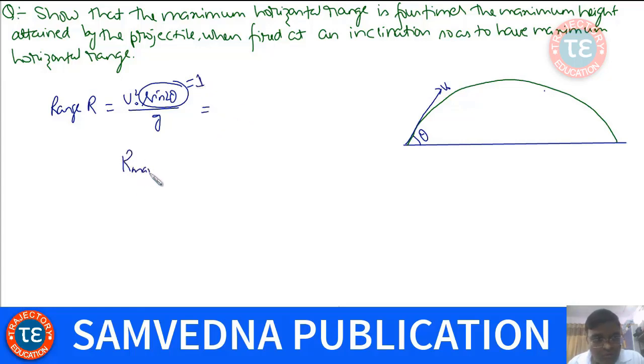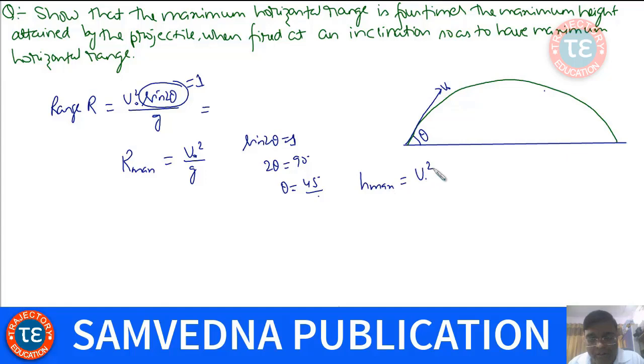So R max is V0 square by g, and it takes place when sine 2 theta is 1, or 2 theta is 90 degree, or the angle of projection is 45 degree. And at this angle, what is